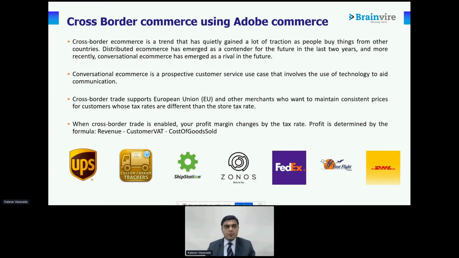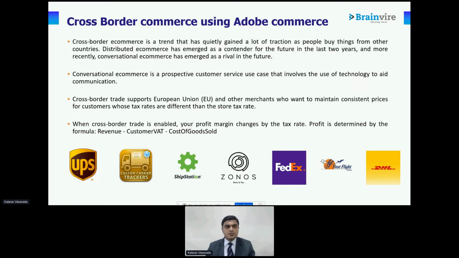Now, how can Adobe Commerce help with cross-border commerce? So far, what I have discussed was a little bit of the business-related track. Now, from the technical aspects, Adobe Commerce itself has a couple of extensions or modules which are available to allow setting up cross-border commerce. So I will talk about a couple of things which are available by default in Adobe Commerce as settings